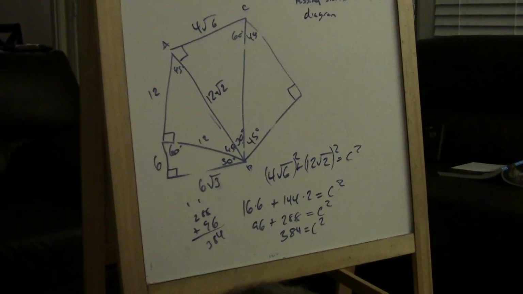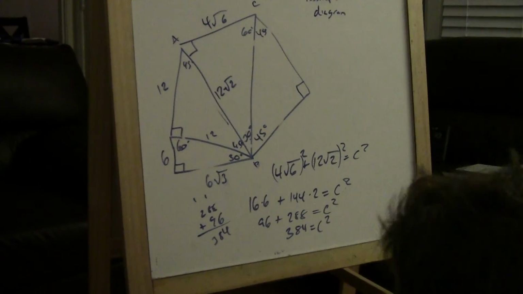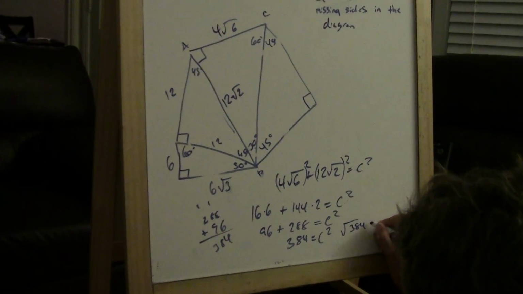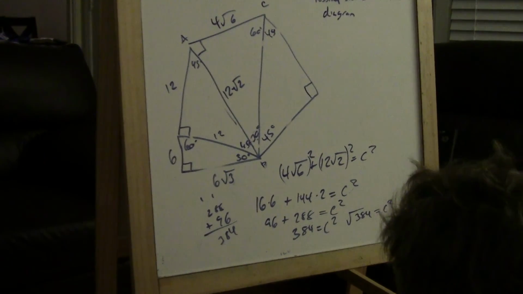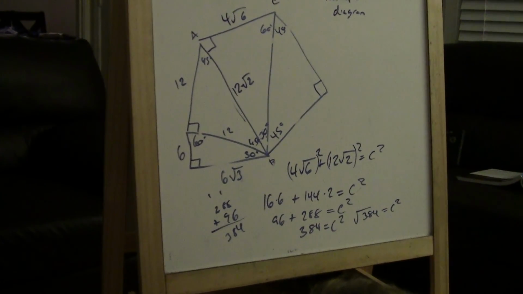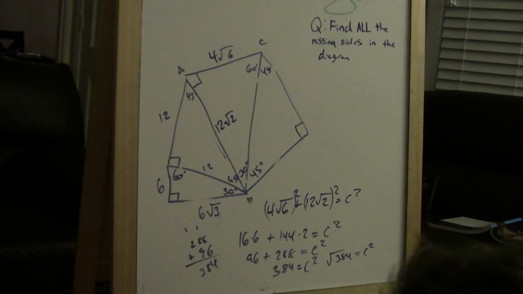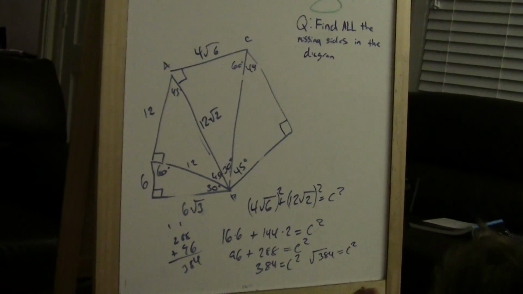Yeah, I did. So we find that c is the square root of 384. And then we soon find out that, because it's the hypotenuse, then we